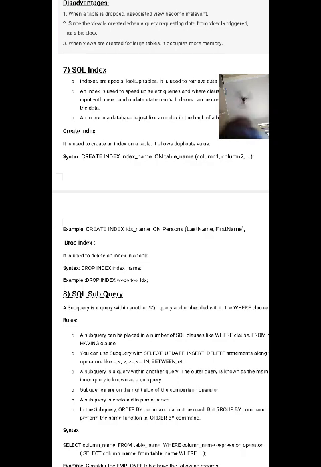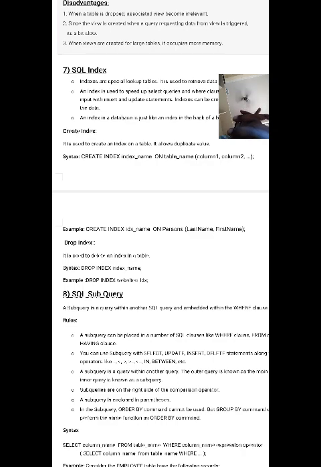Asking something or doing some transaction with the database is called a query. Already you know this. But what is the difference between a query and a subquery? If a query is having another query, it is called a subquery.